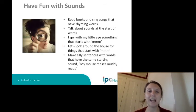Have fun with sounds. So this is to develop that sound awareness. So choose books that have rhyming words, sing songs with rhymes, talk about sounds at the start of words. One good one is I Spy. So I Spy with my little eye, something that starts with what could that be? Is it money? Is it